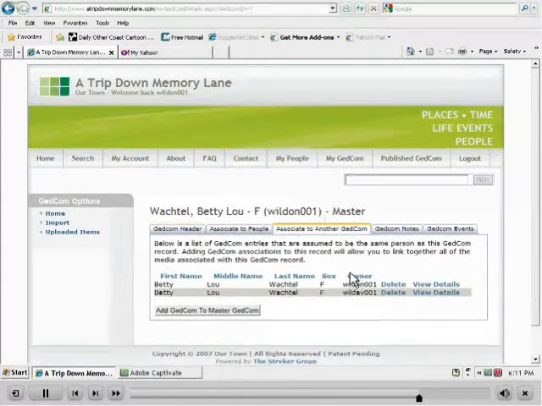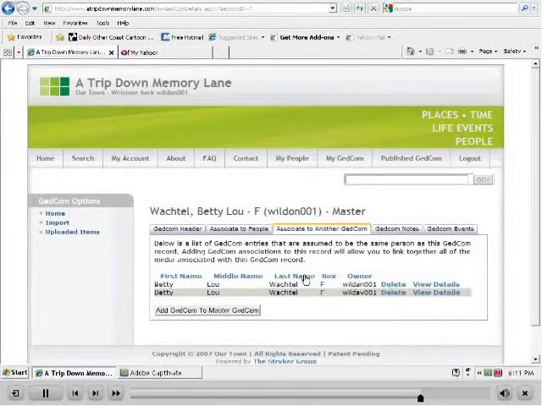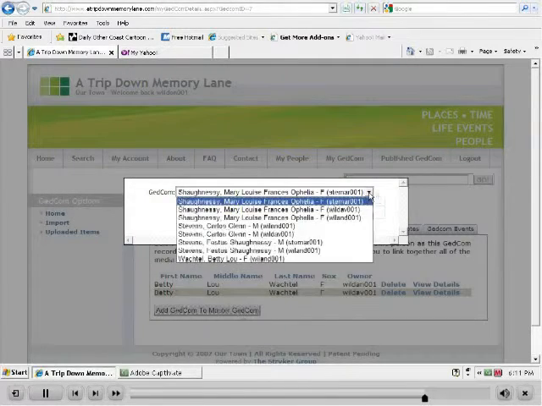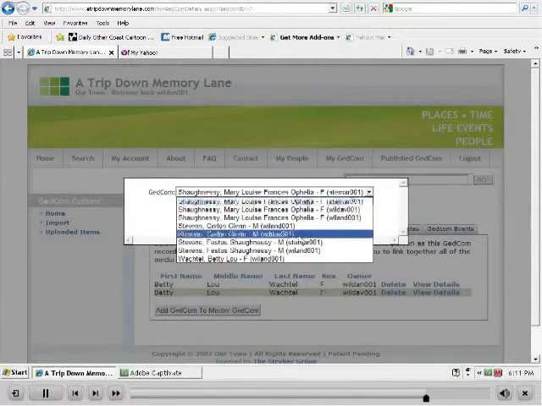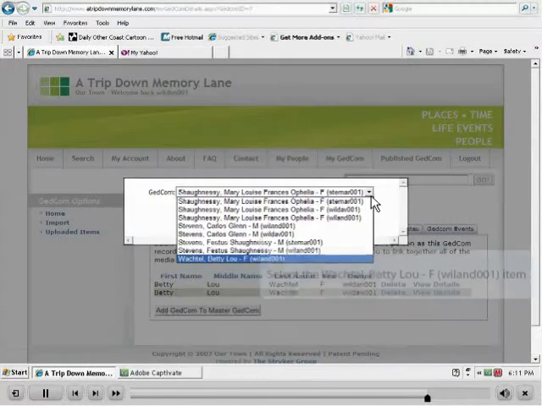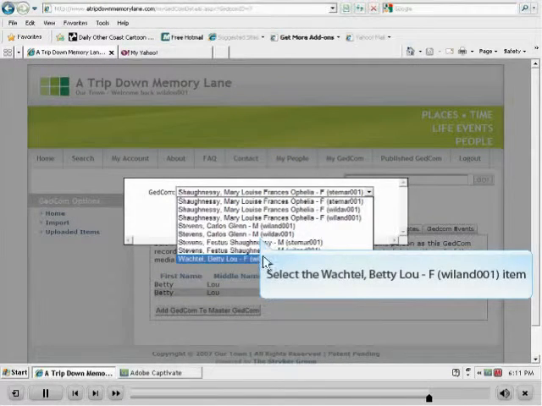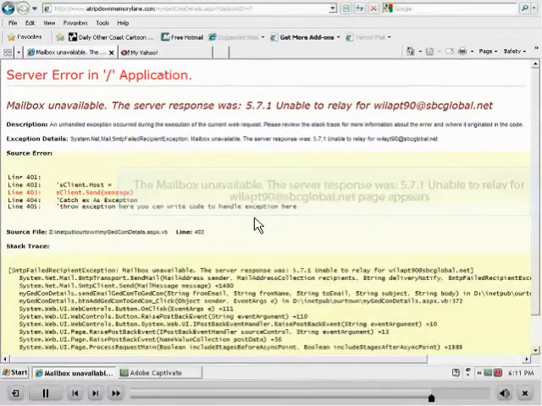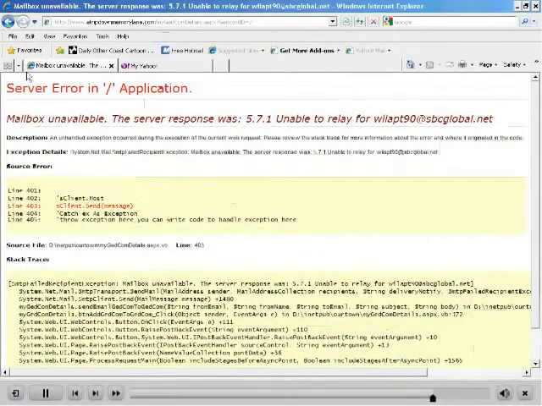So from the drop-down list, he finds Betty Lou Wachtel, owned by Andrew. Now this is telling me that an email is unavailable and the email has not or will not be sent. That mailbox will have to be activated on the server and it'll work properly.